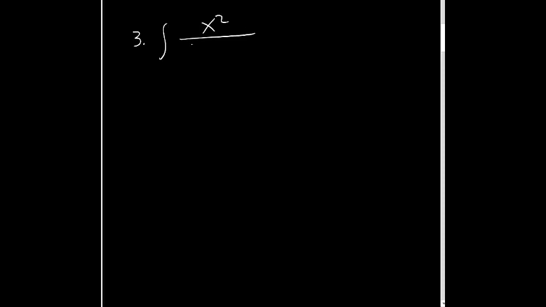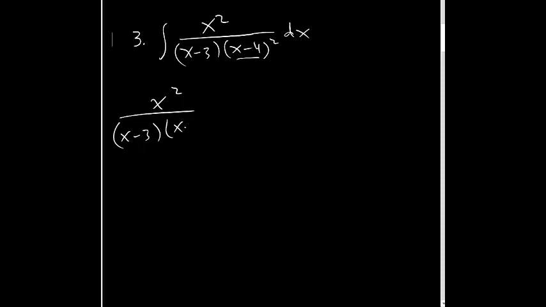x squared over, this is already in factored form, and then you have x minus 4 squared. So the term here has a multiplicity. If you have these, the format is this type: x minus 3, x minus 4 squared is equivalent to, first we say a over x minus 3 plus b over x minus 4 plus c over x minus 4